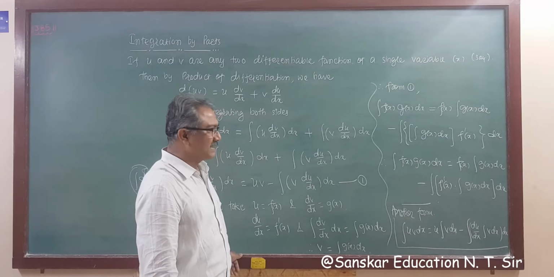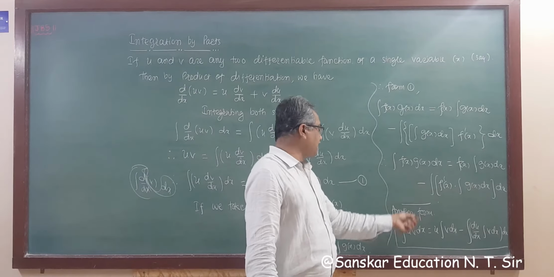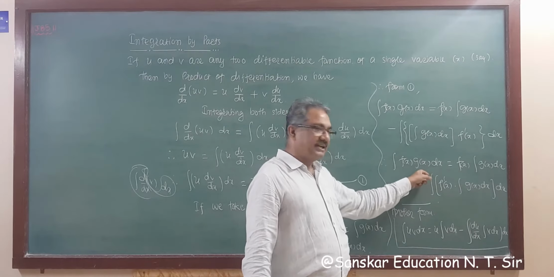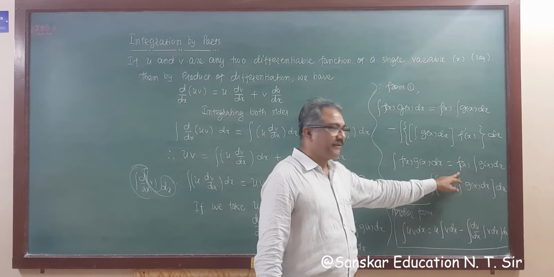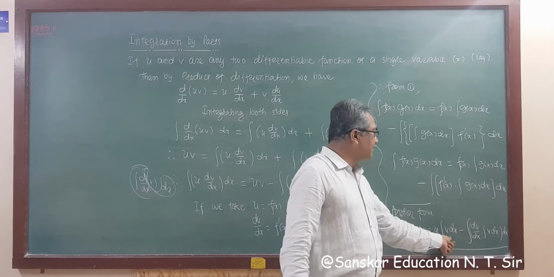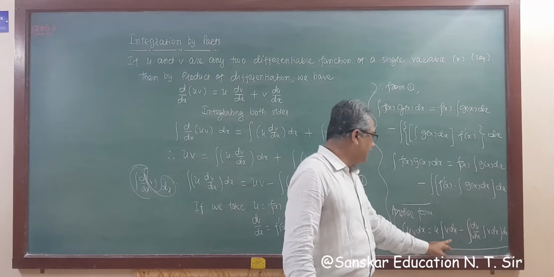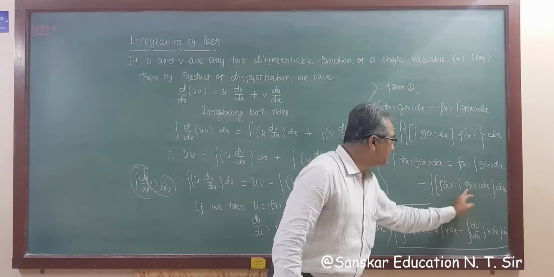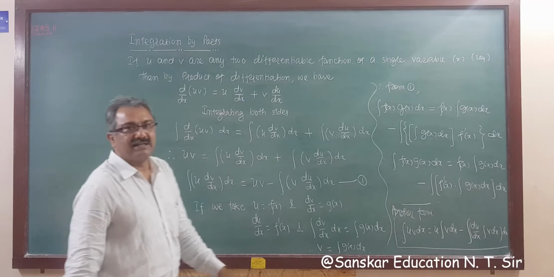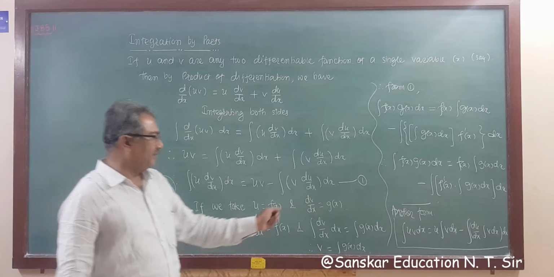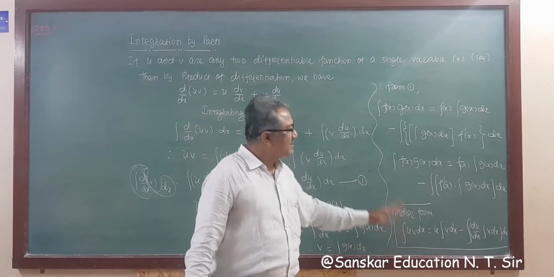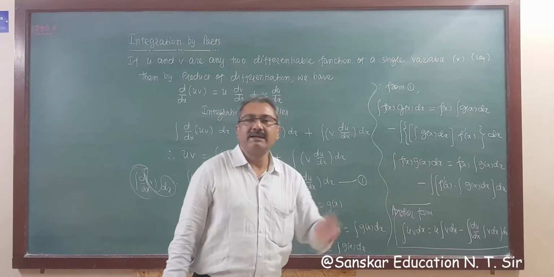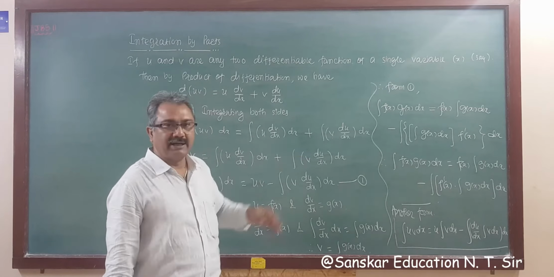So this is the same thing here: integration uv dx, this is our u and v, right? Integration f(x) g(x) dx, where f(x) is u, and integration g(x) dx is v. So integration g dx is v dx minus integration f dash x, that is du by dx, into integration v dx, and dx. That is our other formula, and we are frequently using this only. This is how we derive this rule, that is integration by parts, right?